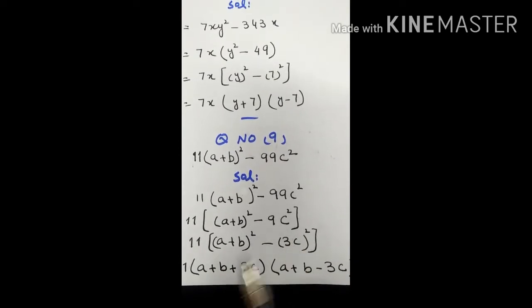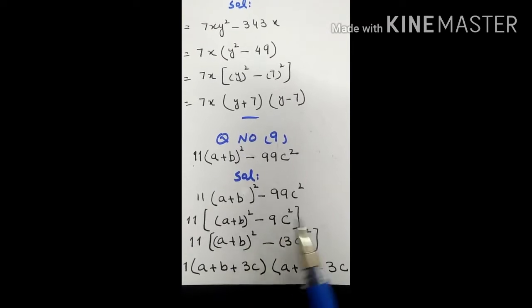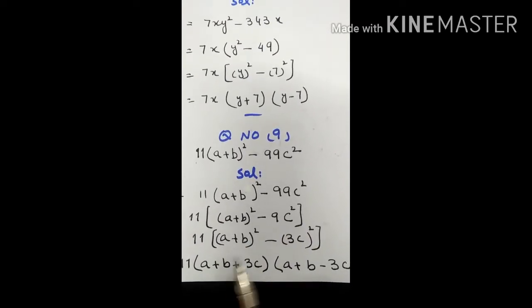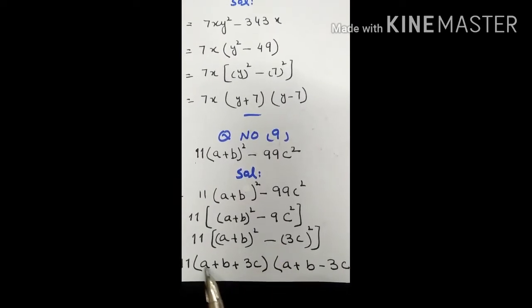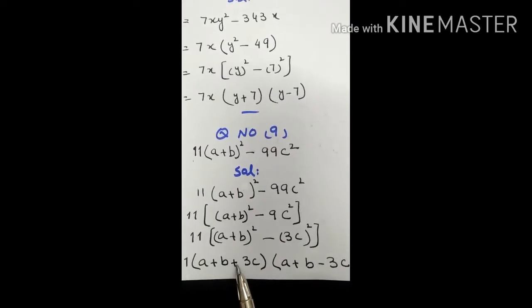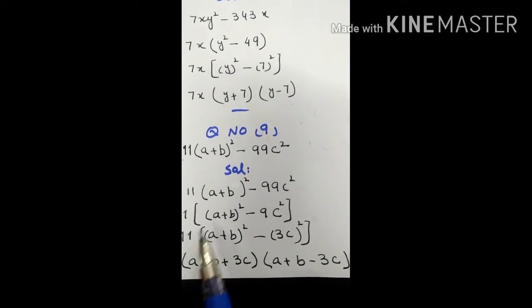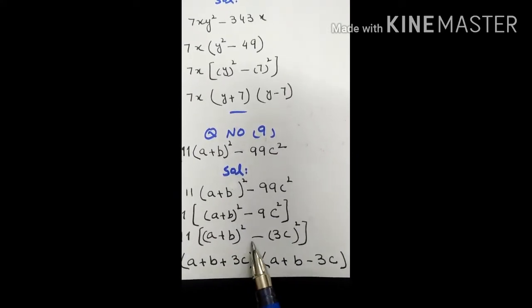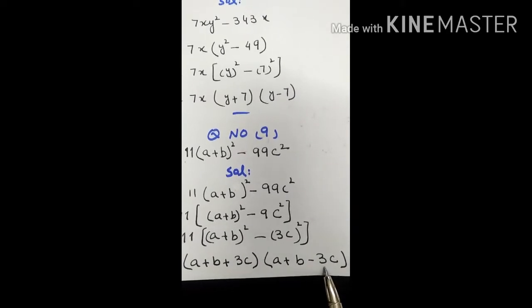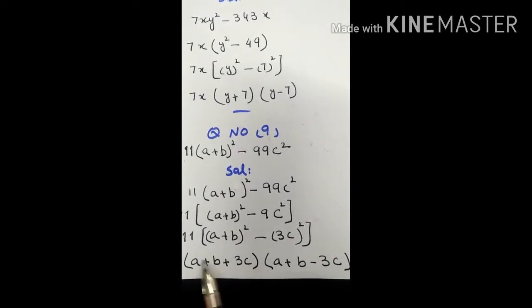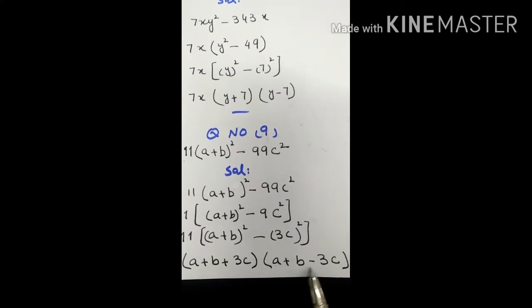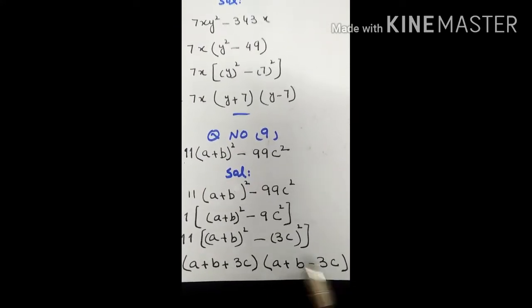We can write the formula of a plus b and a minus b. A is (a plus b) plus 3c. Now see, this is a plus b, a is (a plus b). Now we have to write one time in negative, we'll take minus sign, 3c. So the formula is same, a plus b, a minus b.